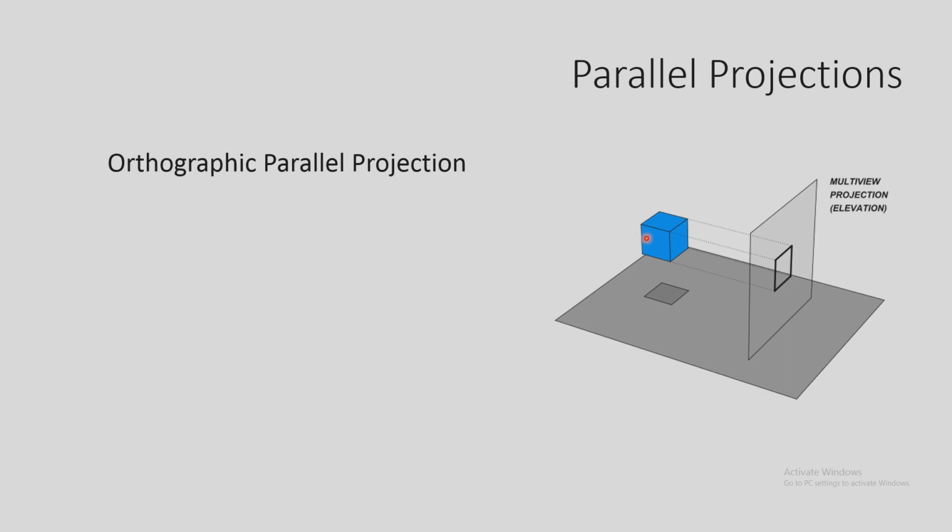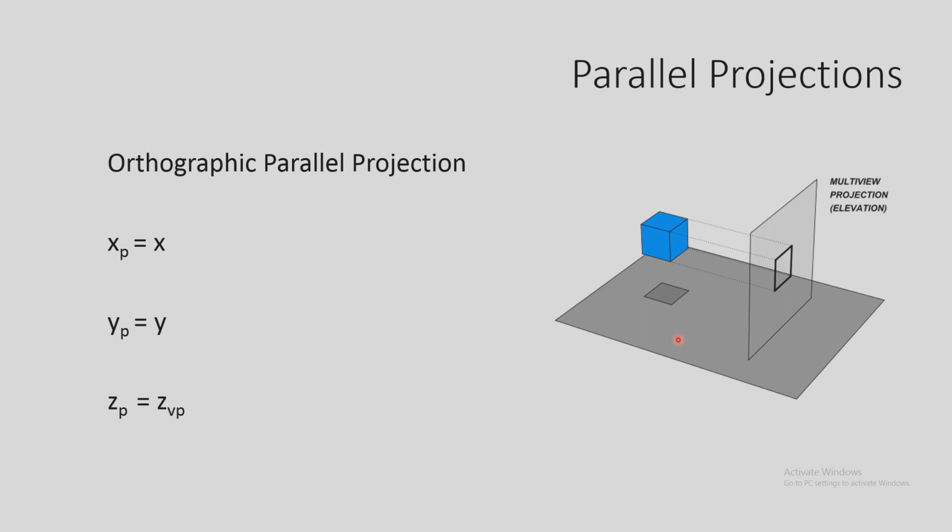So now let's move on to the calculations. How do we do the calculations? We take a simple example of orthographic parallel projection. When you see this face on this view plane, x will be exactly x and y will be exactly y. So there will be no change in x and y. The x and y coordinates of the projection point on the view plane will be the same as they are originally. Just the z coordinate is modified.